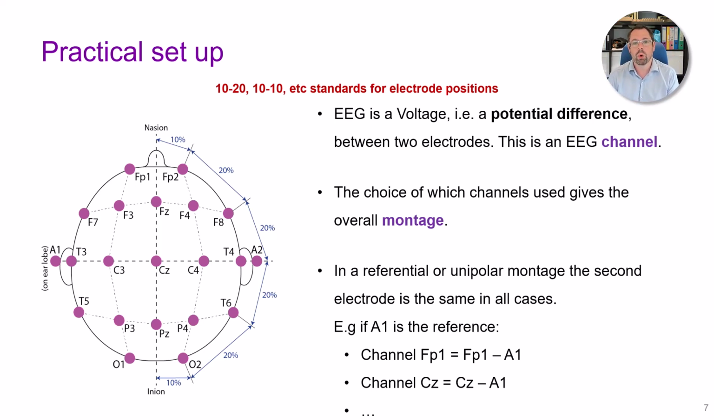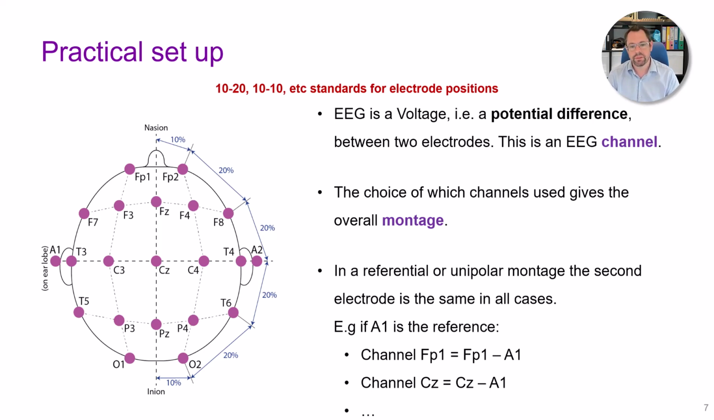And so one channel is the difference in voltage between two electrodes. And depending which electrodes we choose to use, we get what's called the EEG montage. There's a few different choices for which montage you use, with different pros and cons and so on. What we tend to use these days are what are called referential montages or unipolar montages, which is to say